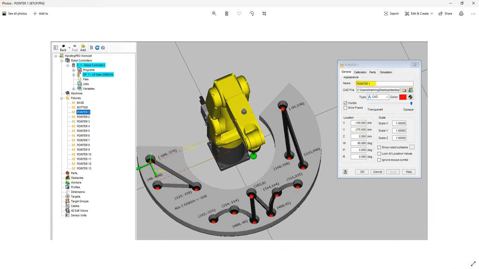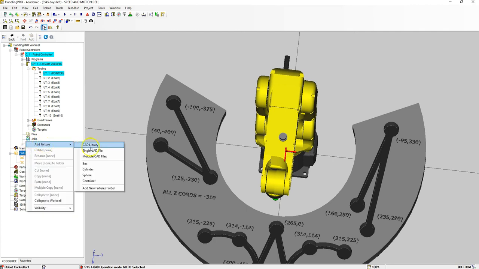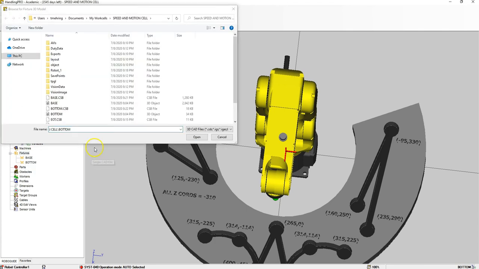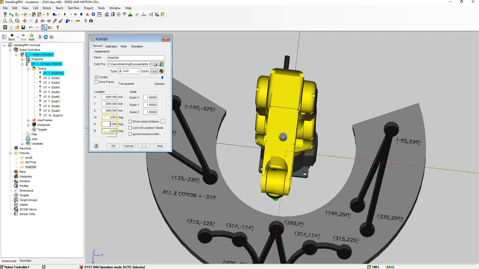So we're going to go into our ROBOGUIDE, and I'm going to right click on Fixtures, Add Fixtures. We're going to go Single CAD Library, and we're going to start adding those points. So I'm going to go Pointer, and for our pointer we're going to go